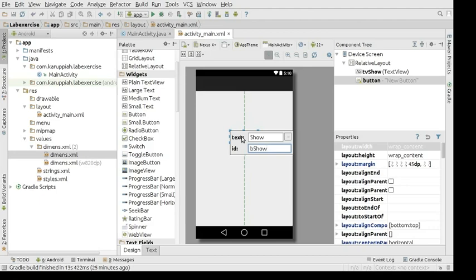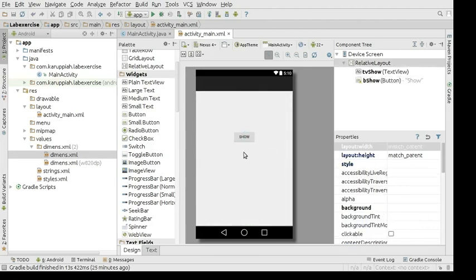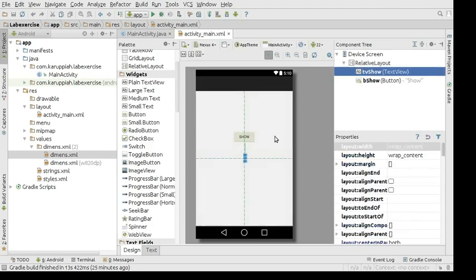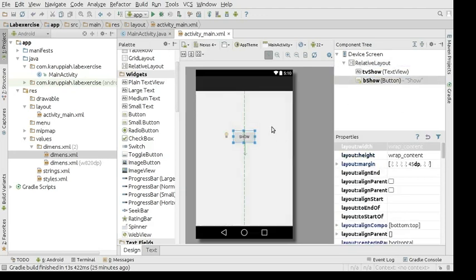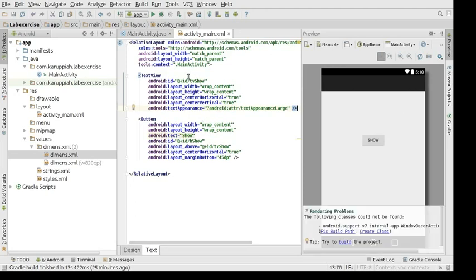So if you are going to say show text, small b is the first word, then show is the next word, and then the next word is text. Now I'll say b show text, and we are going to actually show something in this text view using this. So for this, you actually assign the ID.